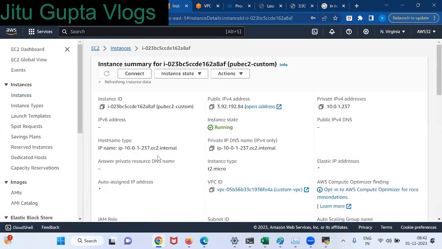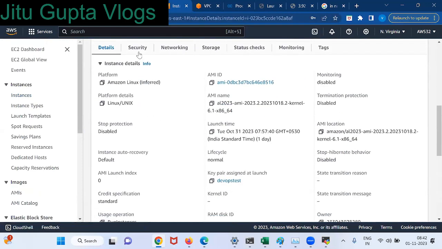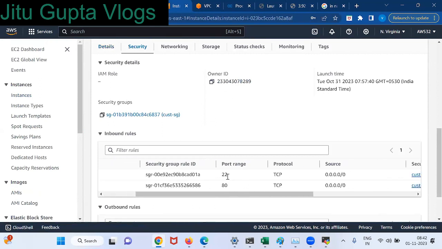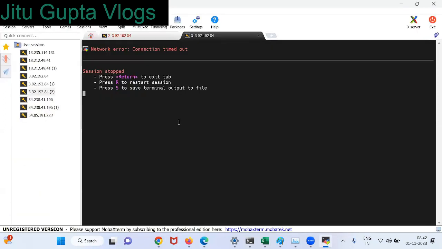This is my instance. If we go to the security group, okay, I have enabled SSH 22 at my security group level, and I have enabled 80 at my security group level, even though I'm unable to connect. The reason is I haven't enabled this rule at the NACL level. First layer is NACL, right? It should cross the NACL, then enter the security group. So at the NACL level, I haven't enabled the SSH 22 rule, so I'm unable to connect to my instance. Is it clear, everyone?